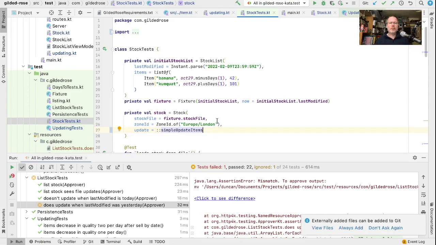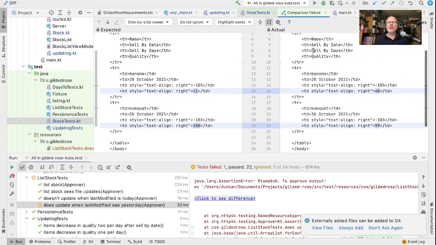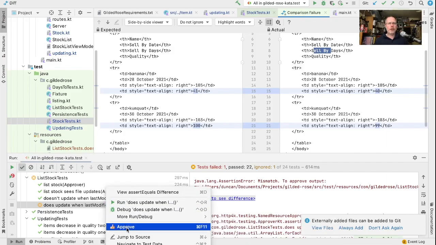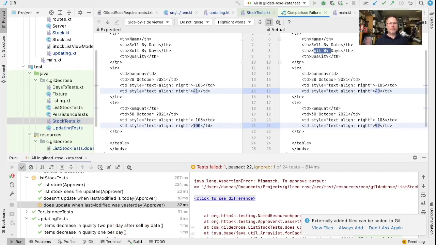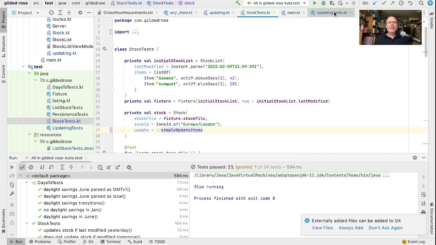There's one test fails, and if we look at it, these are items that are already way out of date. This is the number of days until the sell by date, so past the sell by date. And these stock tests are actually using the production version of the update. We might want to fix that to not use the production version, or we might want to just approve these when they change. For now, I think I'm just going to approve these when they change. So let's run that. Okay, so that's not a bad place to be,